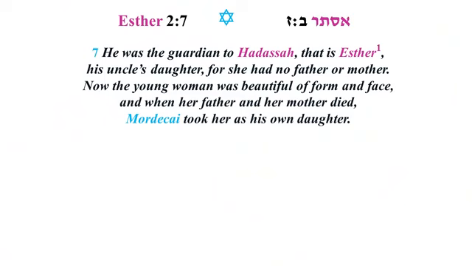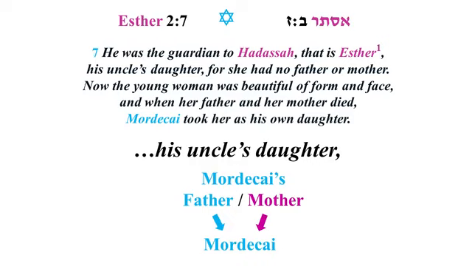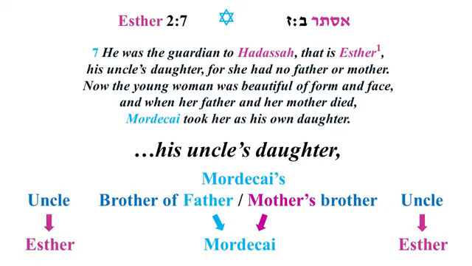And a lot of times, you'll hear preachers and teachers say Mordecai was Esther's uncle. But he's not the uncle. He's a cousin. Look what it says: Mordecai was bringing up Esther, his uncle's daughter. Well, to be an uncle's daughter, the uncle was going to be his mother's brother or his father's brother, and Esther would be that uncle's child, which makes them cousins. He just happens to be much older than Esther, but he's not an uncle, he's a cousin.